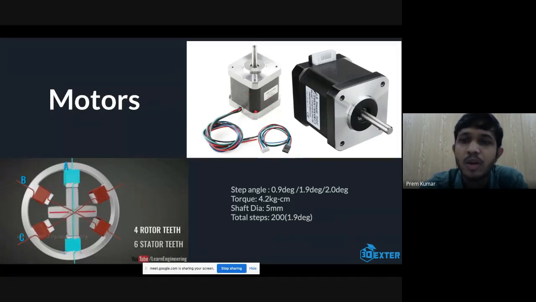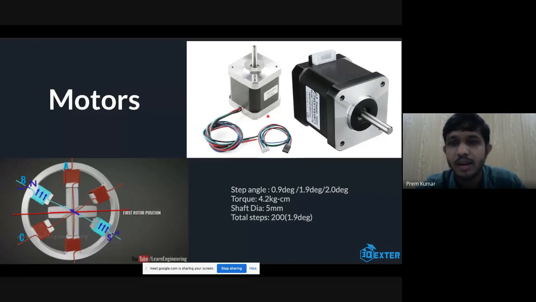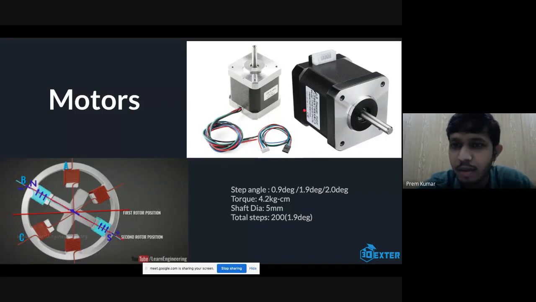But if you are going to make bigger printers with more build volume, like 600 mm in length or width, for those kinds of mechanisms you can go for bigger motors, like NEMA 23, which is bigger than this motor.